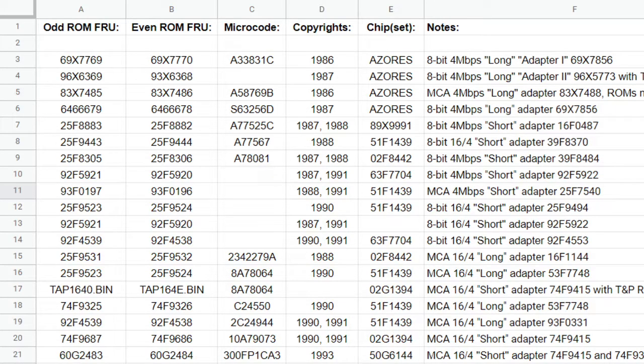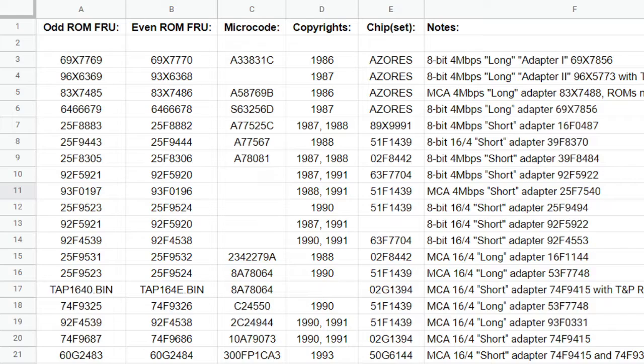And so you see at the top, in the notes I've got where some of them are the 8-bit adapters that listed that microcode version on the EPROM, and we're more focused on down towards the bottom of the chart where I have the microchannel or that MCA adapters listed in a row, and I've got the EPROM FRUs listed